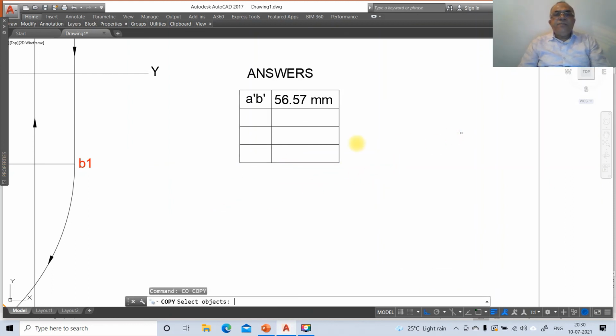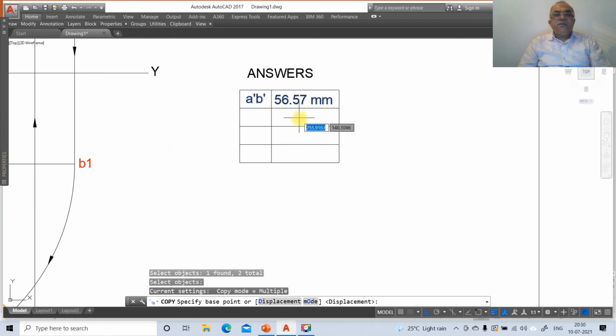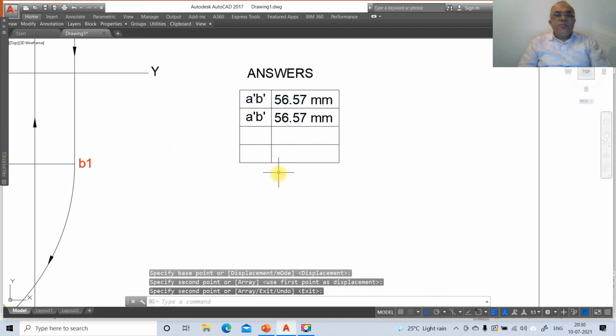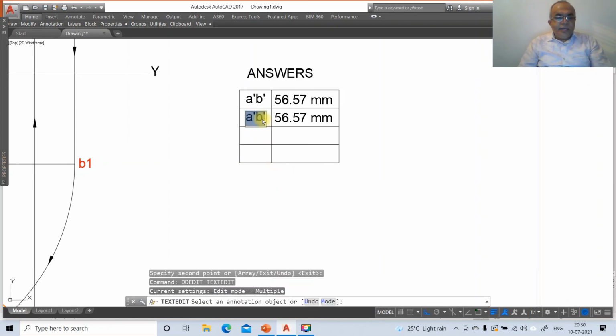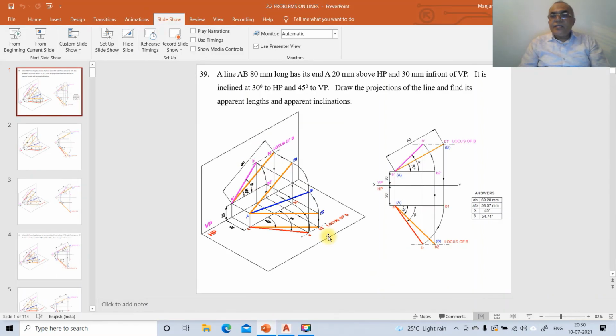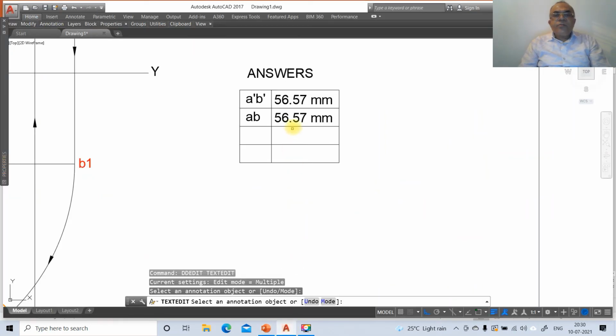Then go to copy, select A dash and this, copy this here and go to DDEDIT. Make this AB and then it is 69.28 mm. So from here you take 6 mm. You just change it to 69.28.